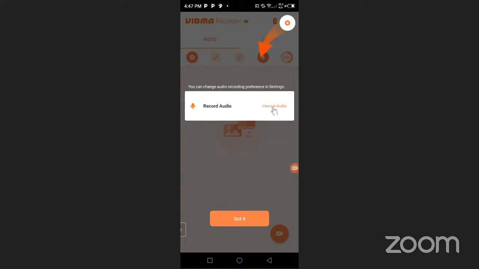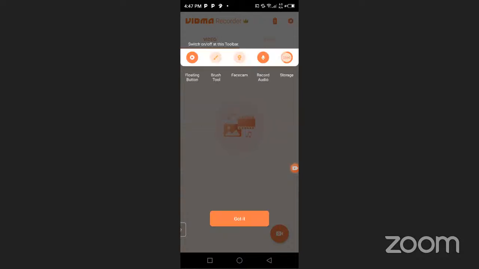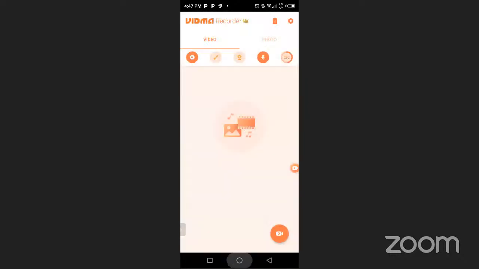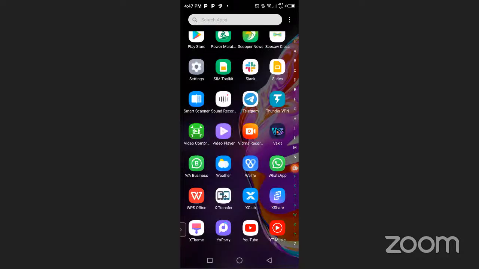Then you can also change the audio settings from there. It shows what is new, and you say got it. So that is it. It is going to put this casing on the side here. Now if I want to record my video,